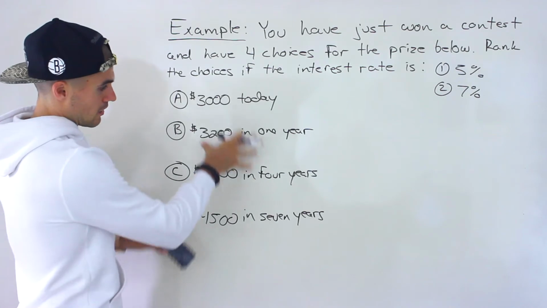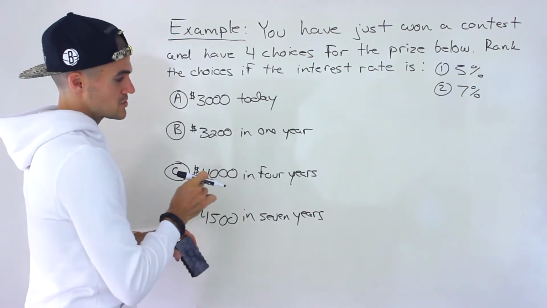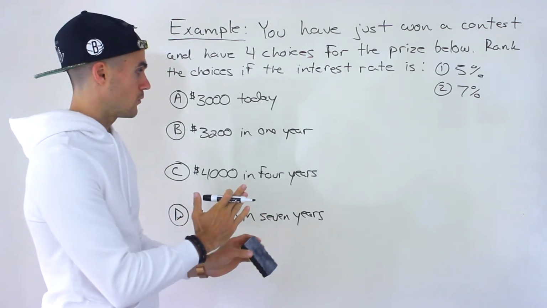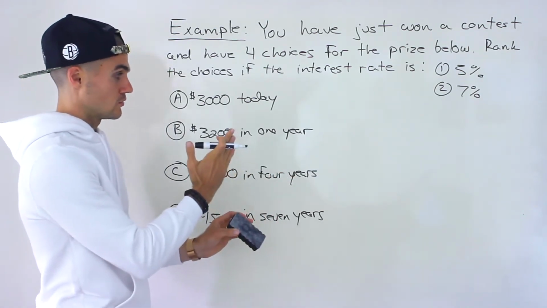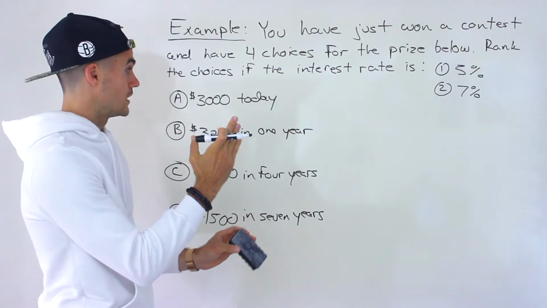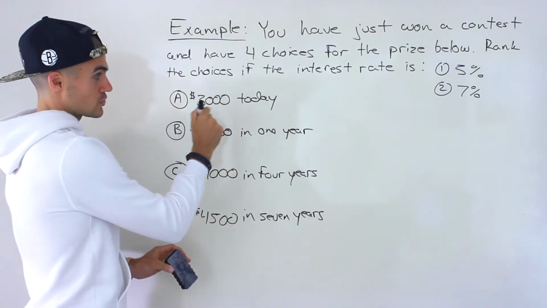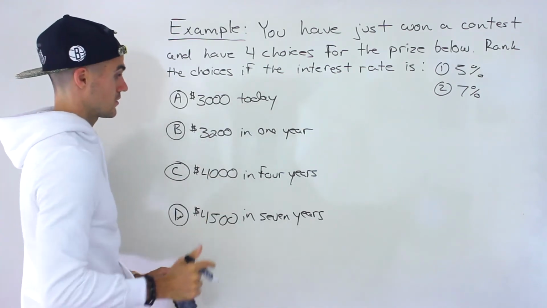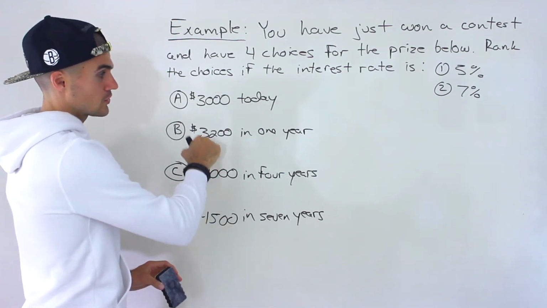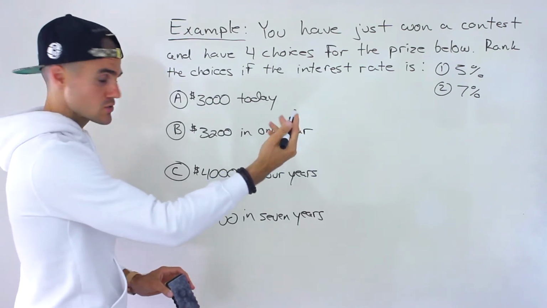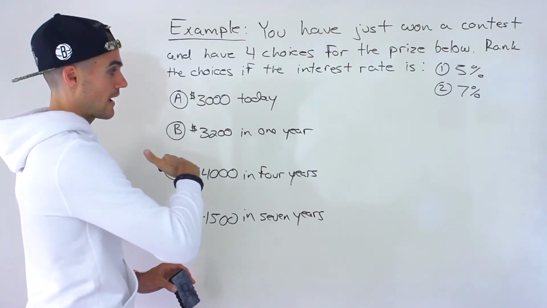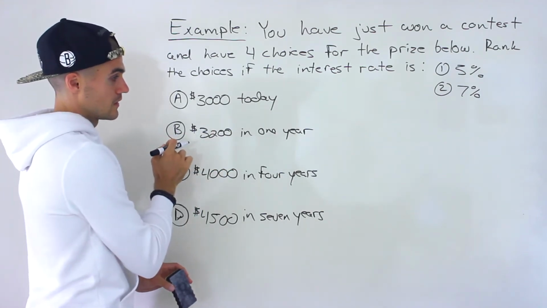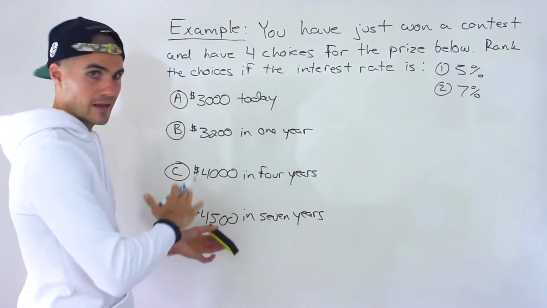And so notice that all of these are in different time frames. So what we want to do to compare them is bring them to the same time frame. And what we're going to do is we're going to present value all of them, bring them to time 0. So $3,000 today, notice that that's already in time 0. Today is time 0. However, this 3,200, it's happening in 1 year. So what we got to do, we got to present value that to time 0, see what the value of that prize is today. And I'm going to show you how to do it both ways, manually and with the